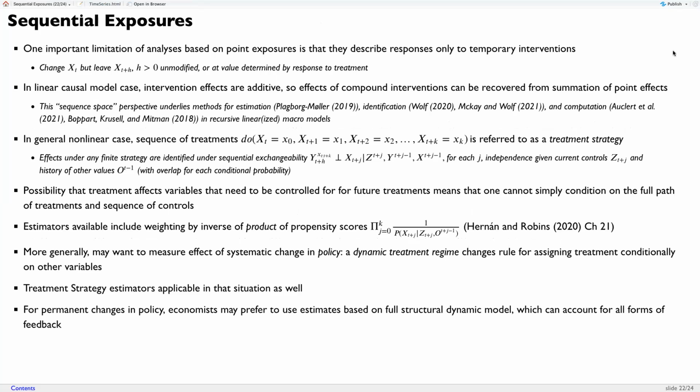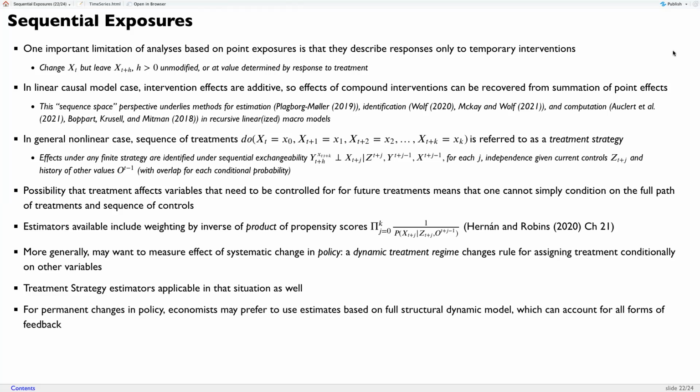Finally, what if we want to know the response to a full sequence? I realize actually, no, I have 2 minutes, so that's about what I want. So point exposures describe responses to temporary interventions, so leaving x_{t+h} either unmodified or at a value determined by the response to treatment. Maybe that's not what we want to measure. If we want to say, do we think that expansionary monetary policy is effective, then maybe we don't want to measure the effect of expansionary monetary policy that under the current policy regime will get reversed immediately, but we want to measure the effect of ongoing